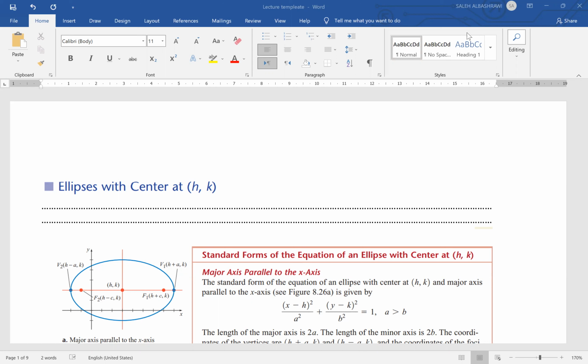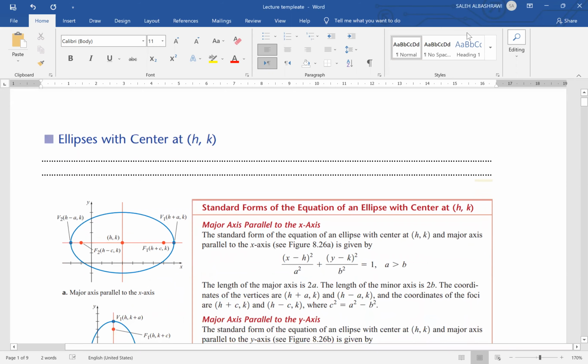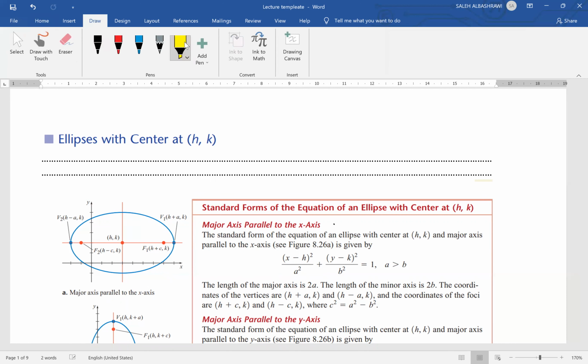In this part, we are going to speak about the general case when the center is h and k. It is not 0, 0, more general. And we have two cases for these ellipses. The first case is when the major axis is parallel to the x-axis. The standard form of the equation of an ellipse with center h, k and major axis parallel to the x-axis